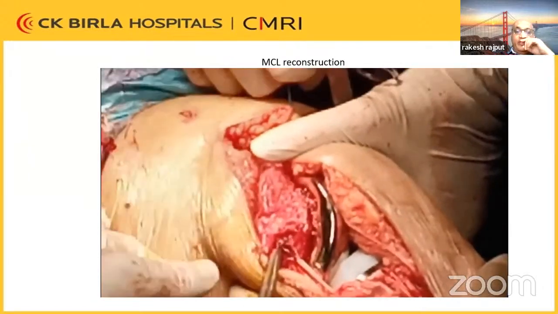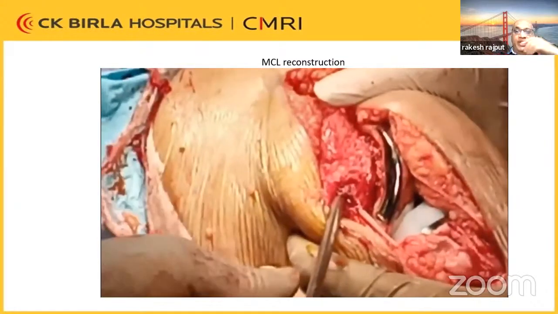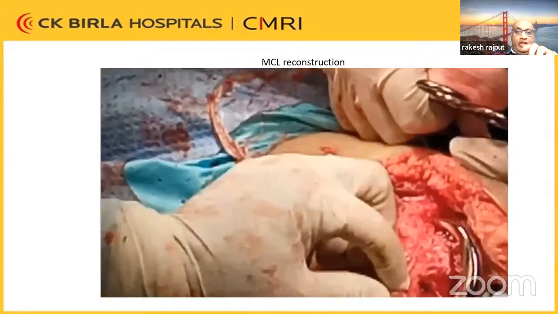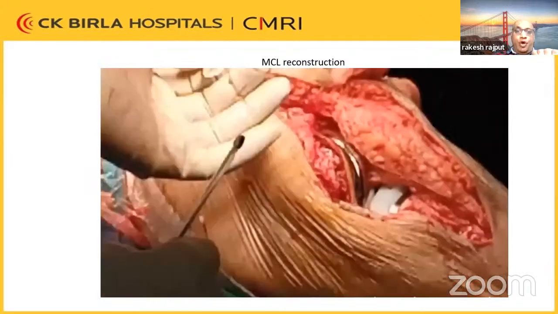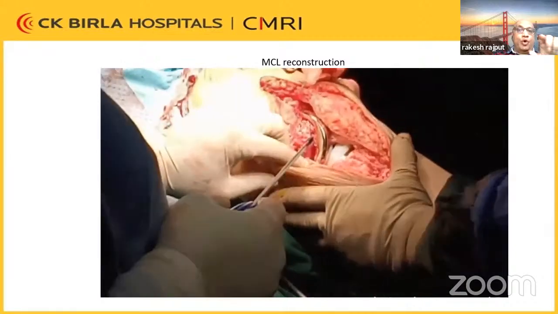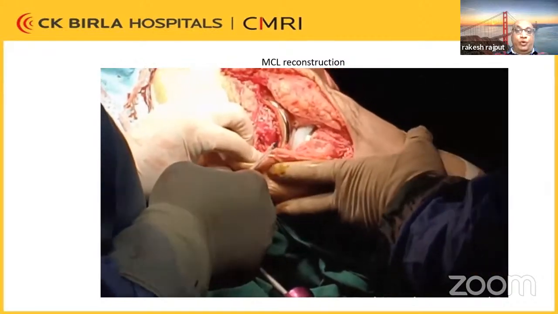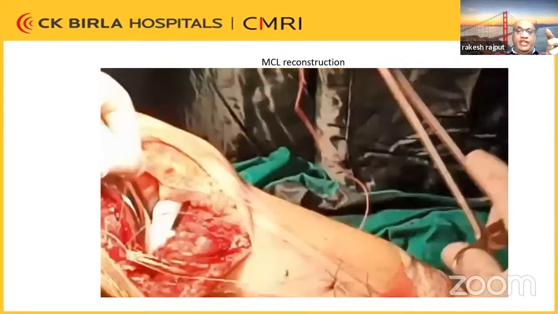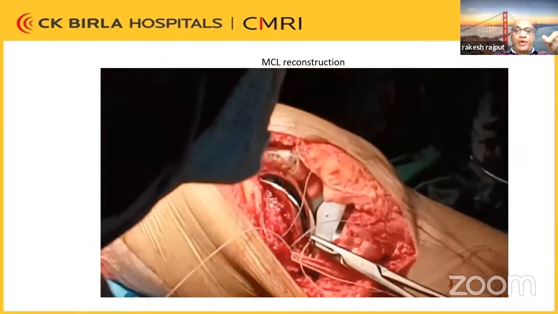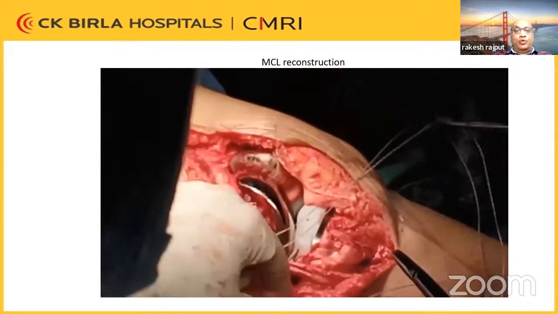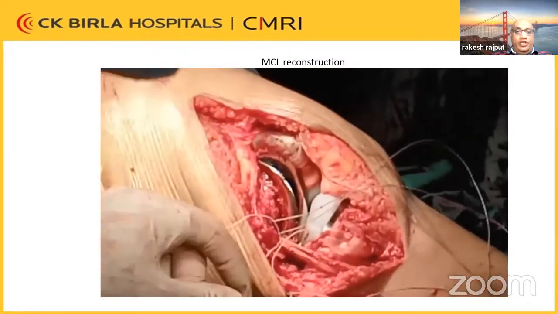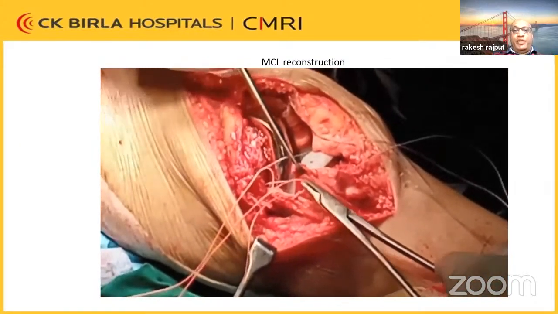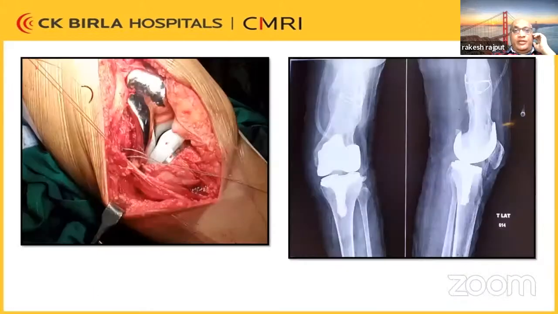And then later on, we ended up fixing this graft on the femoral side, just where the MCL actually is. So this graft, once it was fixed in with the bias screw, we also used a swivel lock to lock in that small piece of bone which was avulsing with the MCL, so that we have the original MCL also there. And apart from just fixing with that, the swivel lock comes in with these fiber wire sutures. So we even use the sutures to tape all the MCL, the remnant MCL and the newly constructed MCL. So all that became a very good tissue for us to then go ahead and